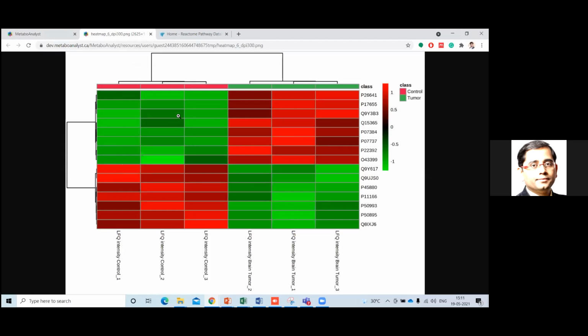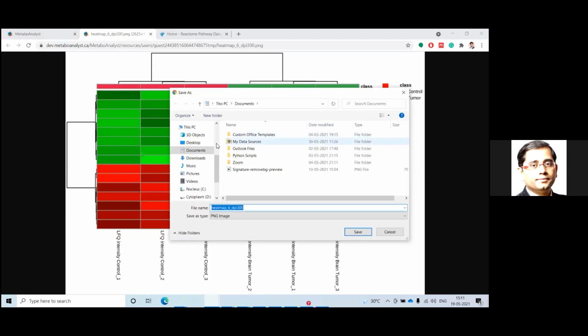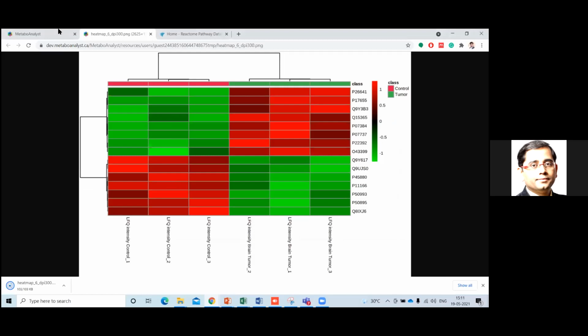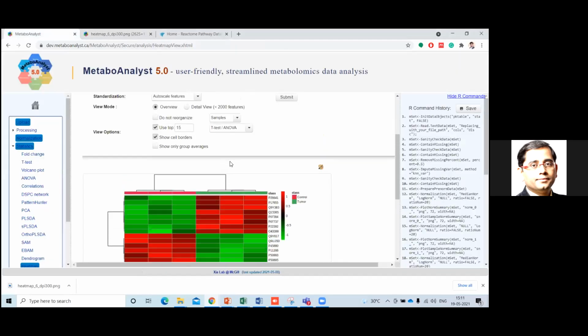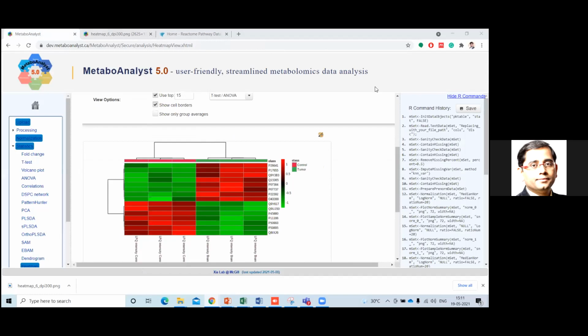You can use save image as, give the name heat map, and save it wherever you want. So this is so simple. From one data set you are generating the heat map, and you can save it. This is one thing I showed, and I hope everyone has reached till here, right?